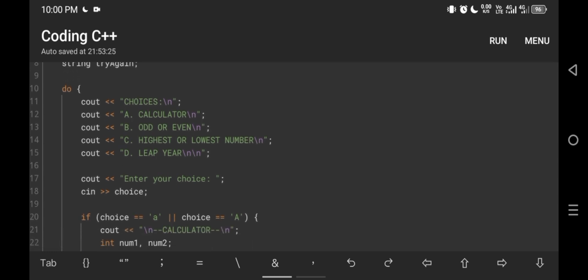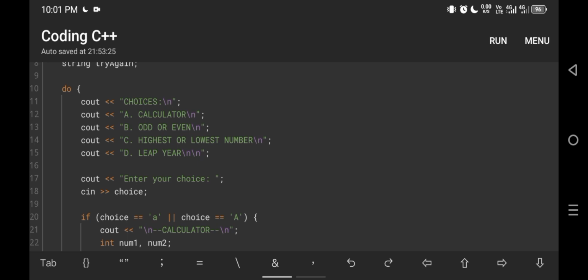In line 10, do, it starts a do-while loop to keep the program running until the user says no. In lines 11 to 15, it has the cout choices, cout A calculator, cout B odd or even, cout C highest or lowest number, cout D leap year.